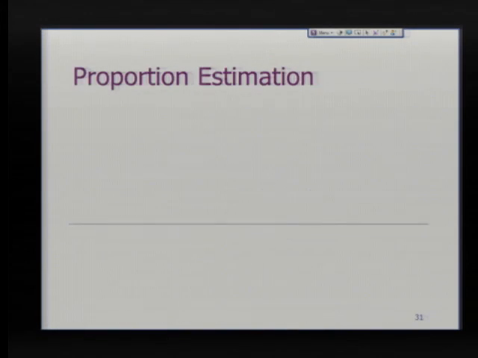Okay, good. So that's about estimating the mean of a distribution. I spent, I think, 1 hour. I hope you get a good grasp about